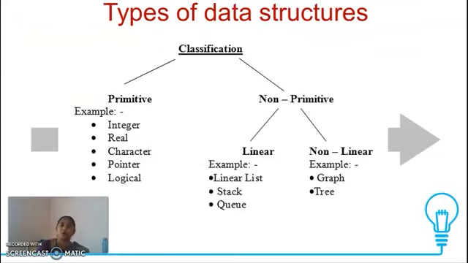These are the types, or you can say it is a classification of data structure. Basically, a data structure is of two types. One is primitive data structure and another one is non-primitive data structure. Primitive data structure is a generalized data structure where